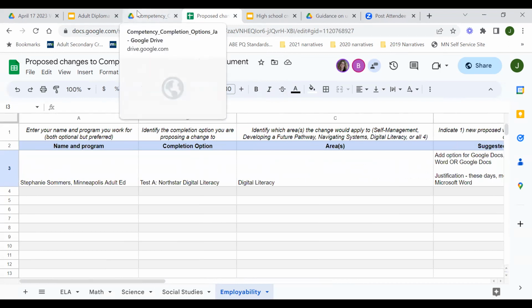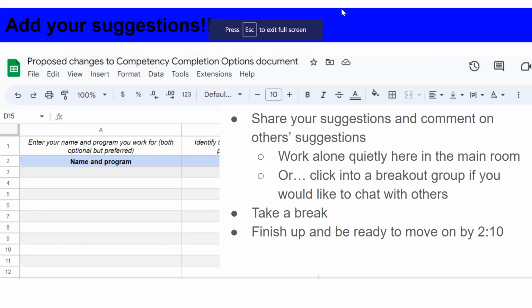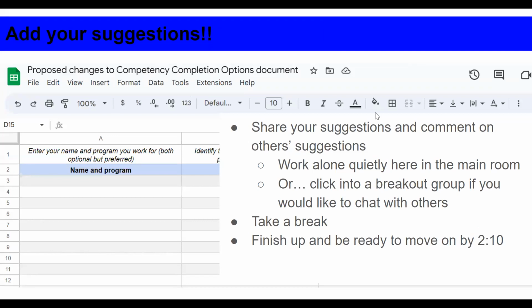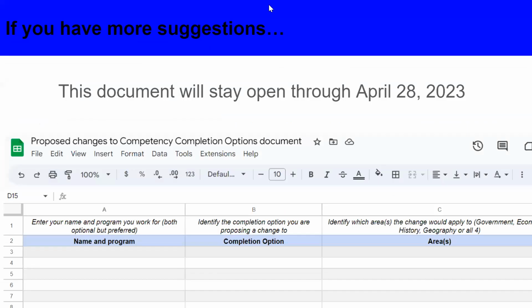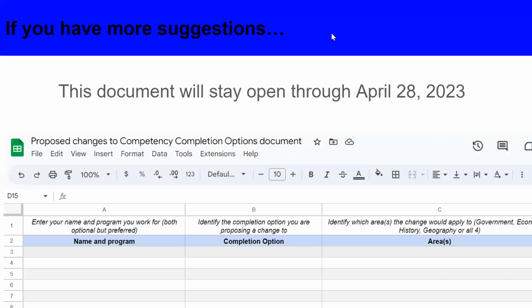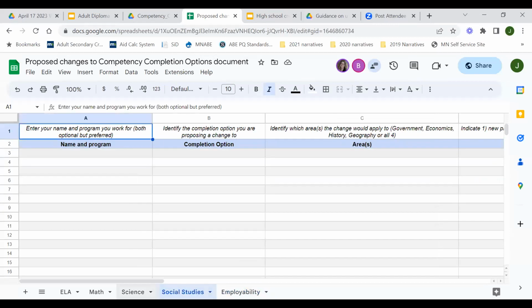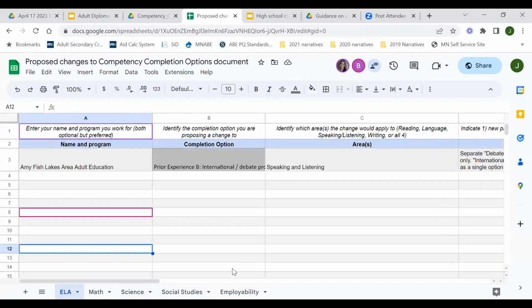At this point, Jody, if you could go back to that real quick on the proposed one. Yep. Just a quick reminder, as you're filling out this document, if you see a highlighted cell, that means someone's working in it. Keep an eye out when you go to put in your information. If you see a cell being worked in, you don't want to delete someone else's work. If you check the ELA tab, Jody, you can see how those tabs are highlighted and you can see the person's name. Right. Thank you, Brandy.